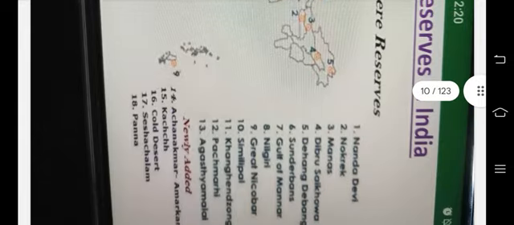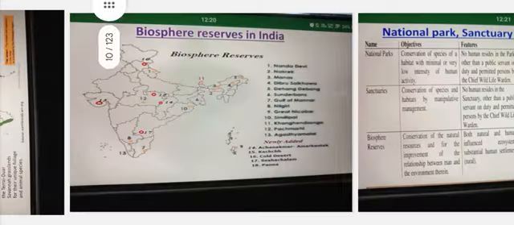Biosphere reserves in India. Nanda Devi. Next, you can see